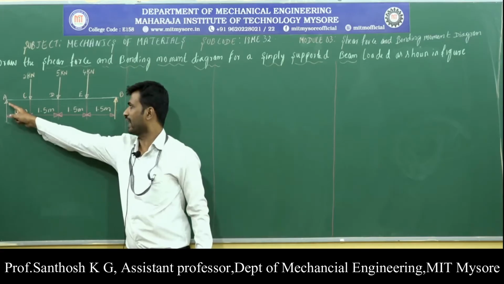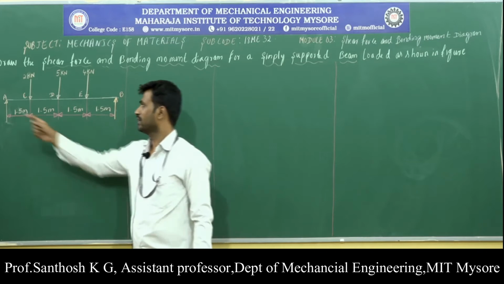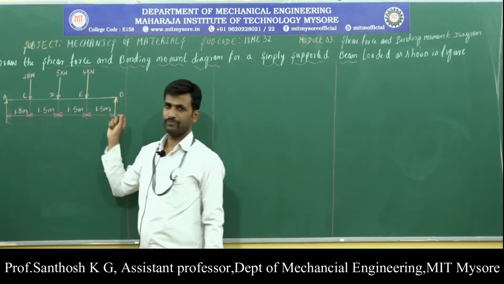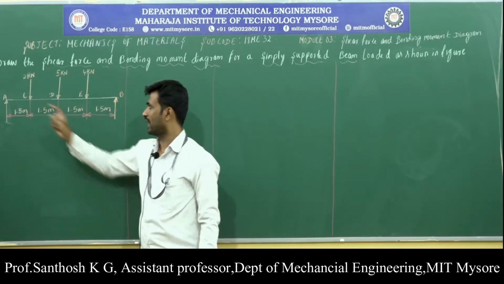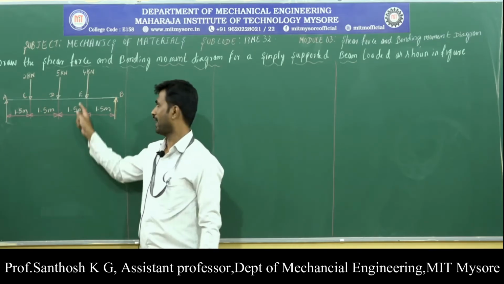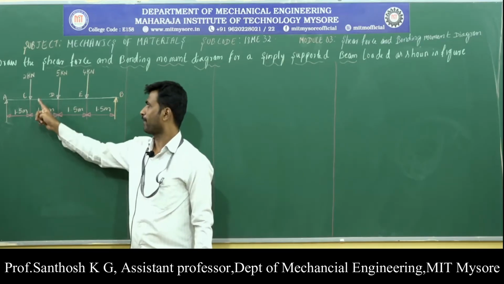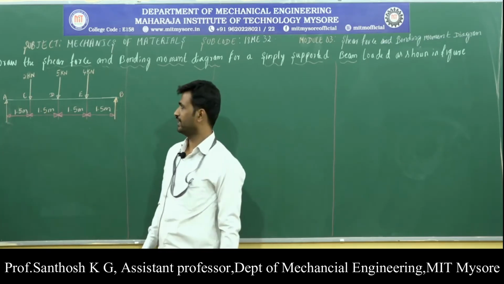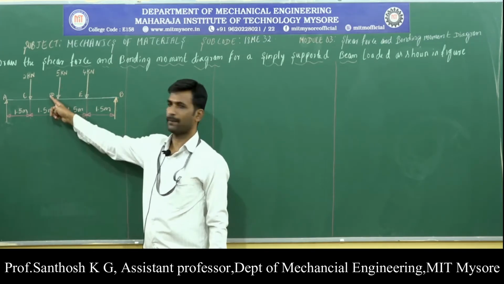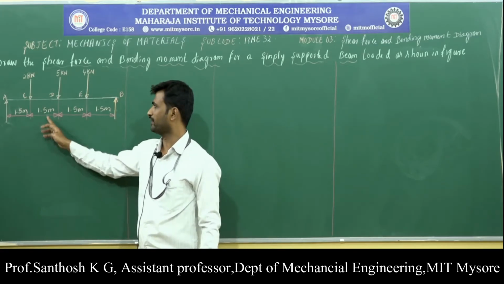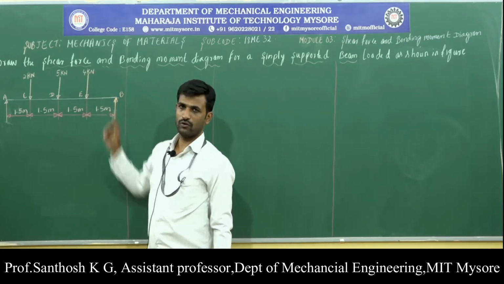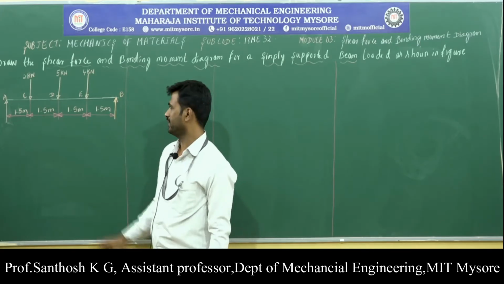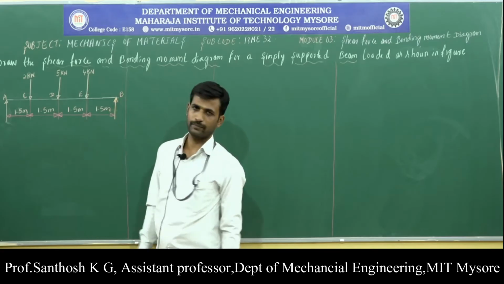So, here we can see that we are having a beam AB which is resting freely on the supports which are provided at point A and point B, and this beam is carrying 3 transverse point loads at point C, point D and at point E. Here we can see that the point load 2 kilonewton which is at point C is at a distance of 1.5 meter from point A. Similarly, the load 5 kilonewton which is applied at point D, it is at a distance of 1.5 meter from point C. Similarly, the load 4 kilonewton which is applied at point E, it is at a distance of 1.5 meters from point D, and also it is at a distance of 1.5 meters from point B.